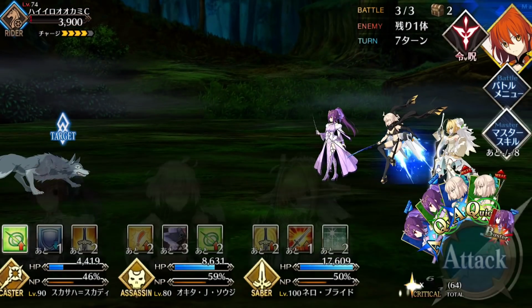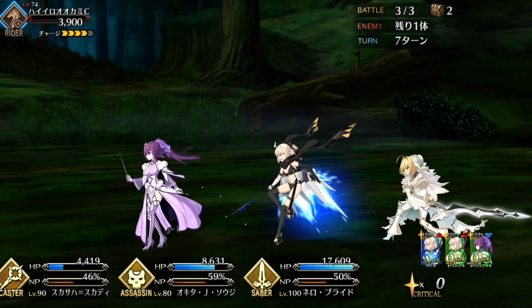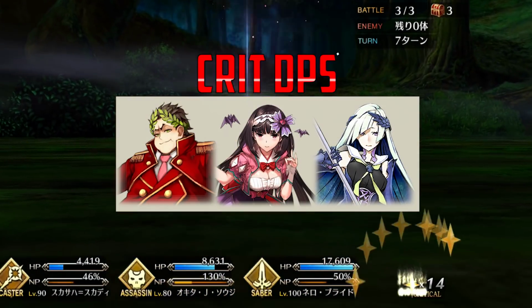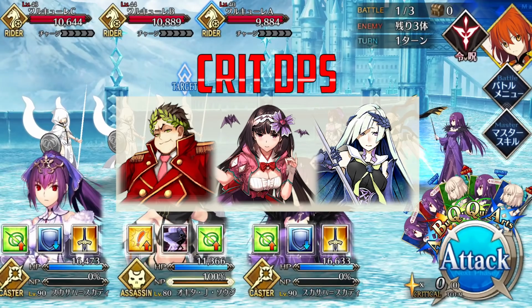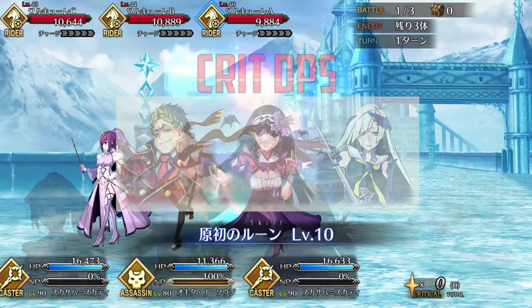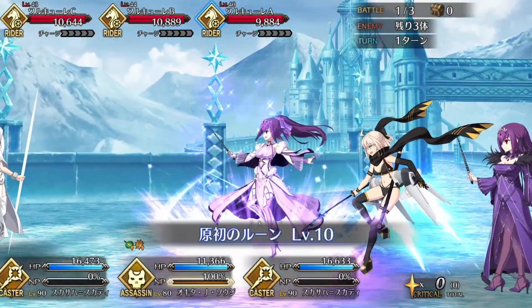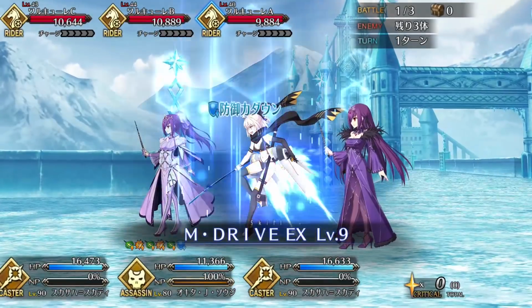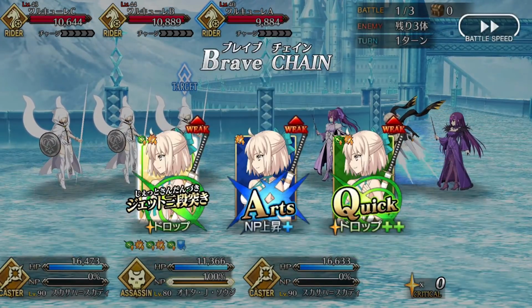For crit DPS builds, I recommend pairing her with servants who can provide her crit stars and additional crit buffs like Caesar, Osakabe Hime, or Brynhilda. Caesar can provide excellent star generating and a powerful high uptime crit buff. Just be wary of the defense down demerit that he gives, which can exacerbate Okita's fragility. Osakabe Hime and Bryn are likewise good choices for their good crit buffs. Osakabe has the advantage of being able to heal Okita for longer fights, while Bryn's crit buff greatly improves Okita's